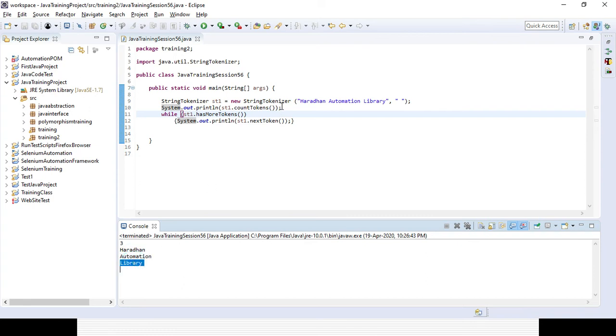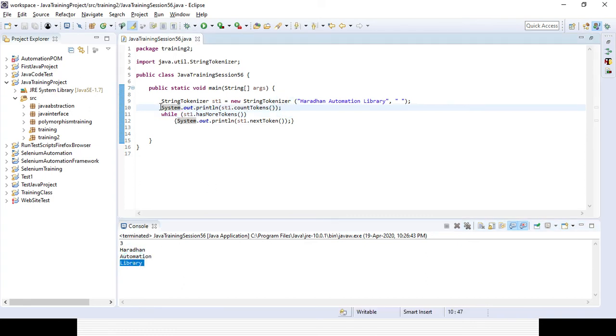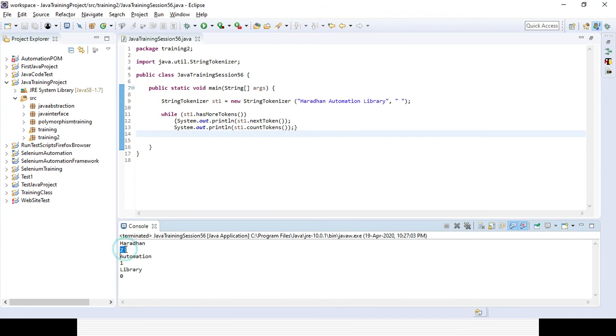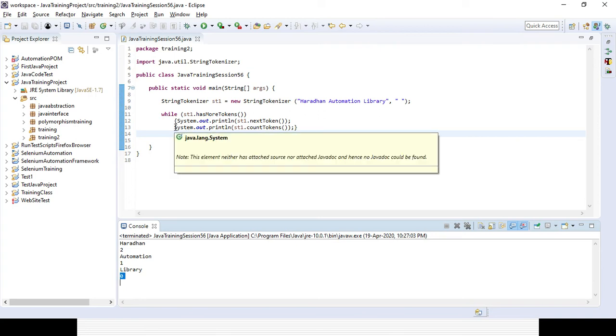And if you want to perform this operation under the while loop, you can run it and see how it comes, right? Token number 1, Haradhan, and automation, and so on.